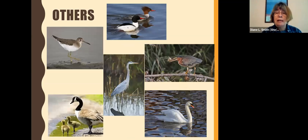Some other birds that we might see on the pond. I have to admit that the one on the top, the merganser, I've never seen on our pond. But I like the look of them, so I put it in there. And you do see these on the Delaware. You see them on some of the creeks around, some of the faster running creeks. So they're a common bird in Bucks County, but we haven't been fortunate enough to have them on our pond